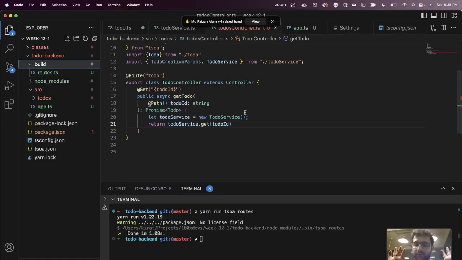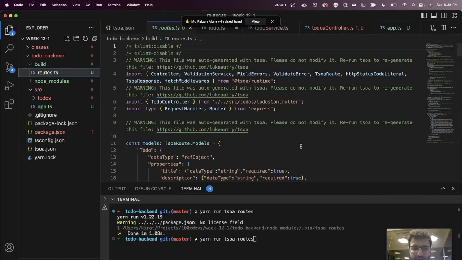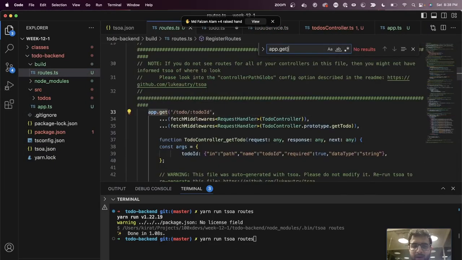All right. So what have we done? We told TSOA, the library, that all our controllers are here. We ran the command yarn run tsoa routes, and that automatically generated a routes.ts file. And in here, if you search app.get, you will see app.get /todo/todoIds was created, which means